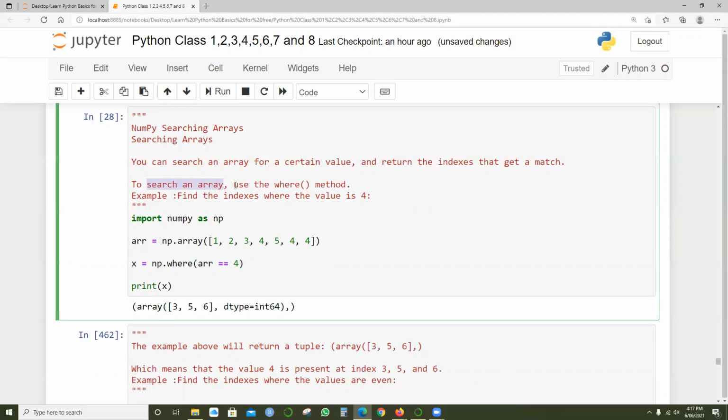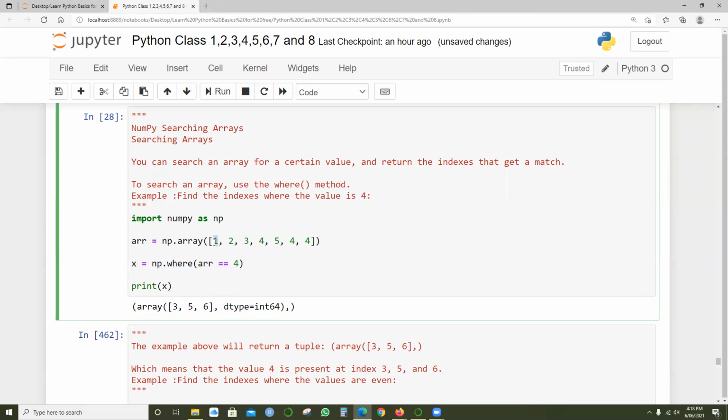So to search the array, use where. What we have got over here is print x, array of 3, 5, 6. We got 3, 5, and 6. So what we got here are not the values, right?